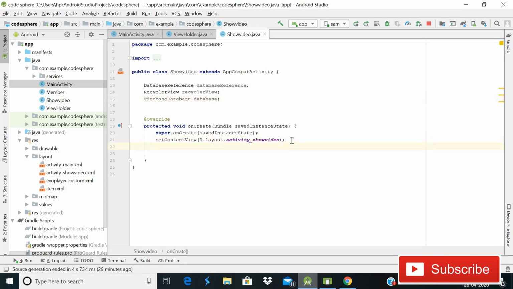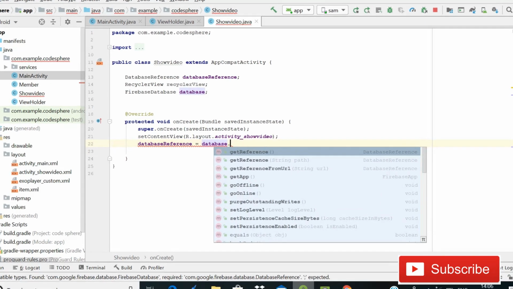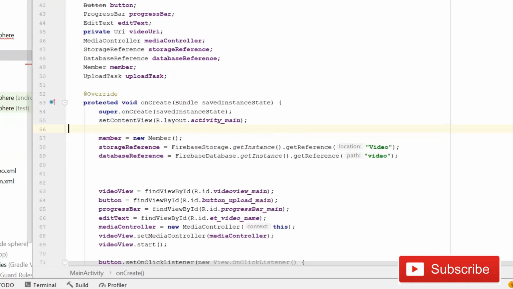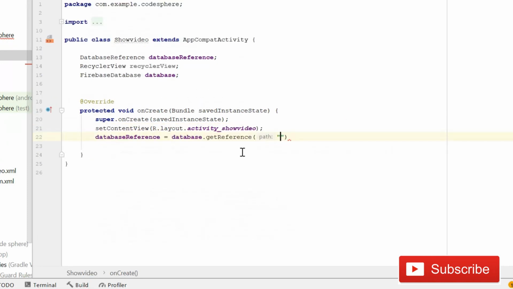Now here we need to give reference, so simply write database reference equals to database dot get reference, and here we will give the same child that we are creating here. So you can see that it is video. Let me copy it and then go back in show video.java, and here we need to paste that and it's fine. So guys, after here we will give reference for recycler view, so simply write recycler view equals to